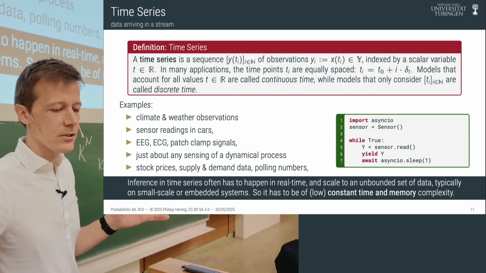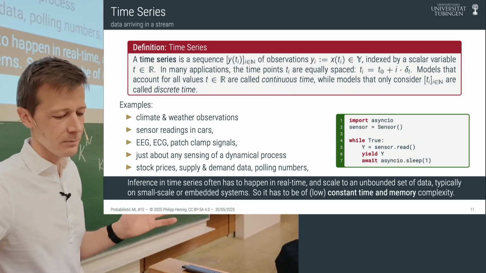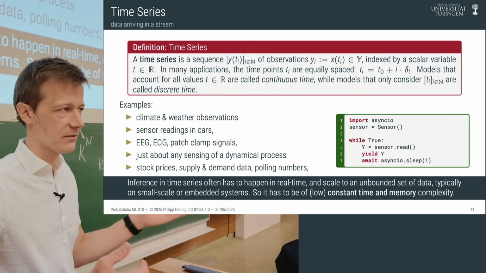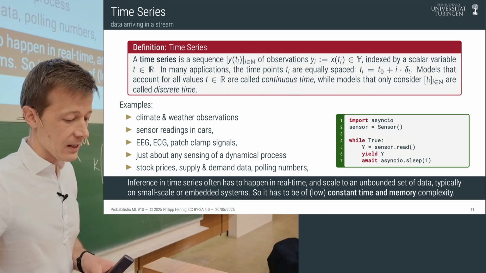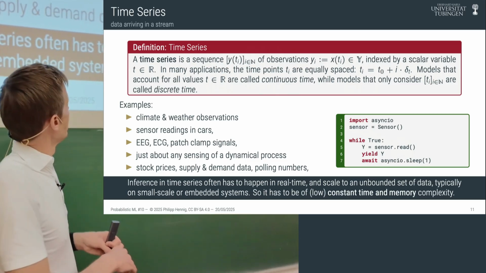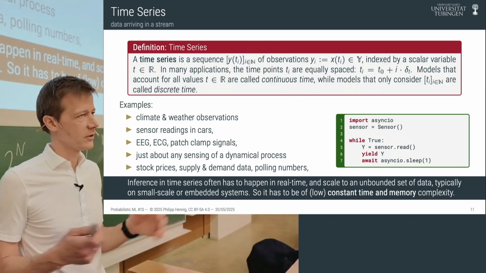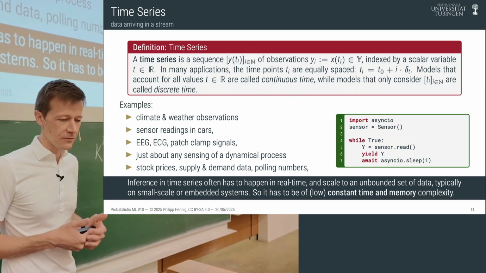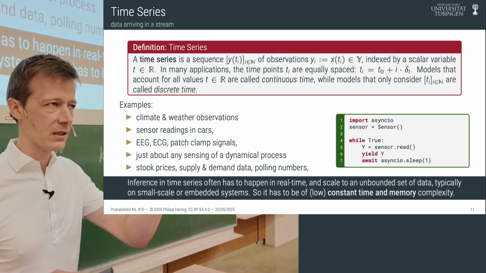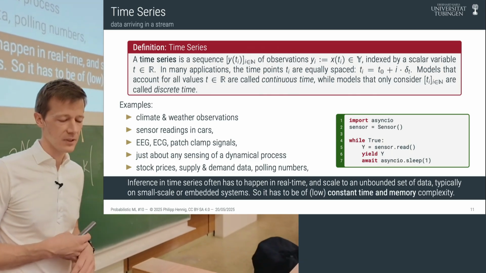In particular, we might assume that the time points are equally spaced, that they come at some kind of regular rate, but that is not necessarily required. We could have varying distances between the time points, and then there is a bit of a separation between how we think about t. If we think in the most general sense of t as a continuous variable, then these are called continuous time models. If we think of them as arriving as a countable set, then we might call this discrete time processes.